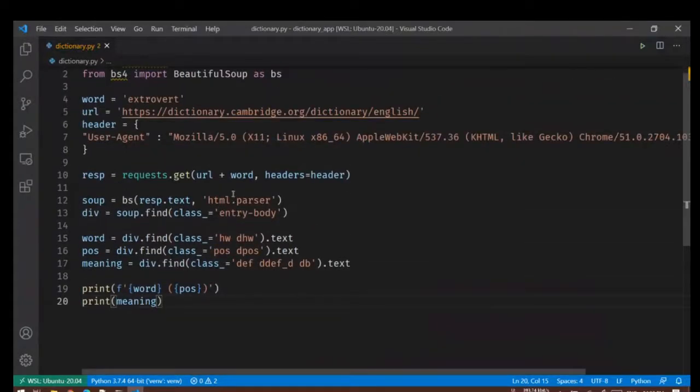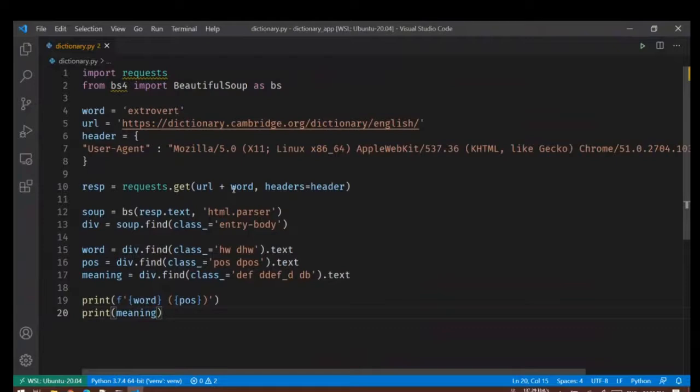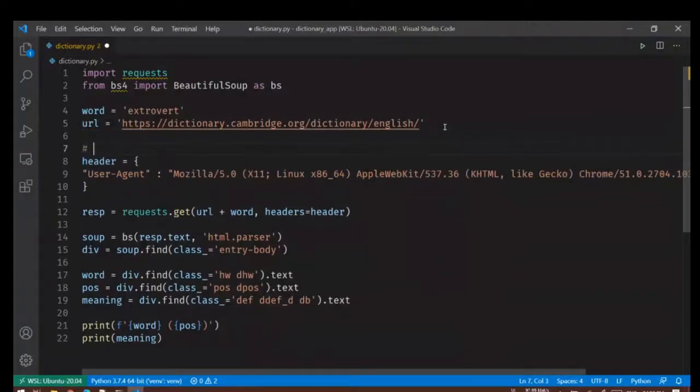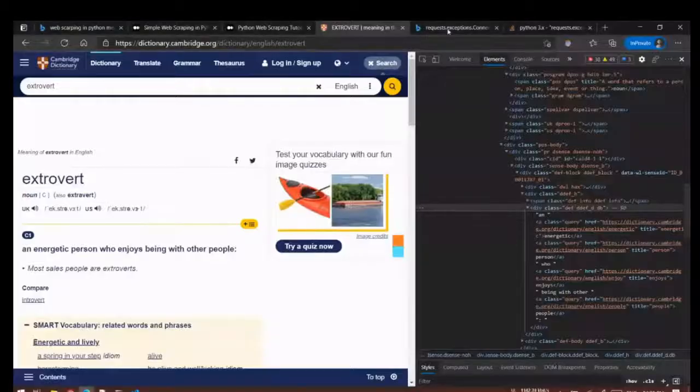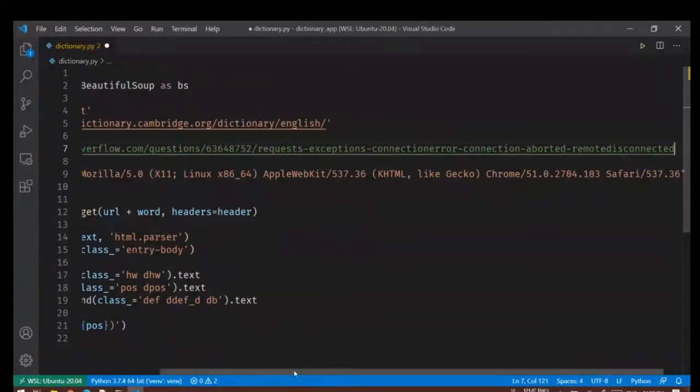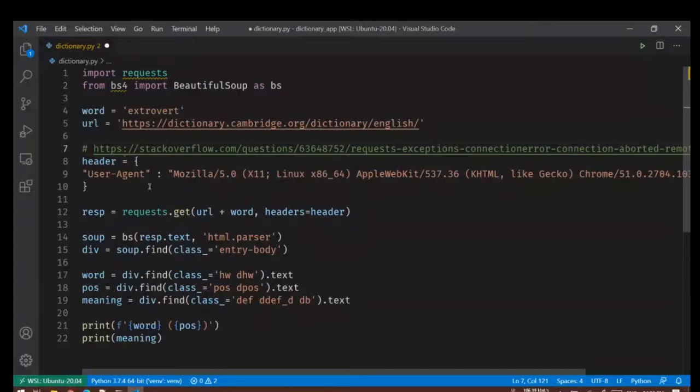Okay, this is all the code that you need to scrape a web page for its meaning. Now you will see we have used two different libraries. One is request, second is beautiful soup. In request we are only using one method, request.get, and we have to pass the URL, and then we have to pass the header. We understood this thing after looking at a Stack Overflow link. So one practice that I generally follow is copy the Stack Overflow link here. So even when I'm reading the code next time, I'll know what is the reason for adding this thing.